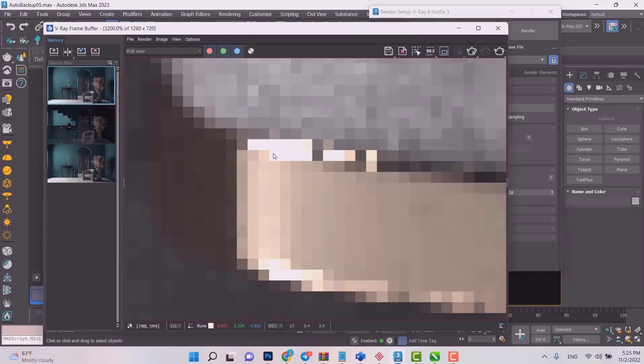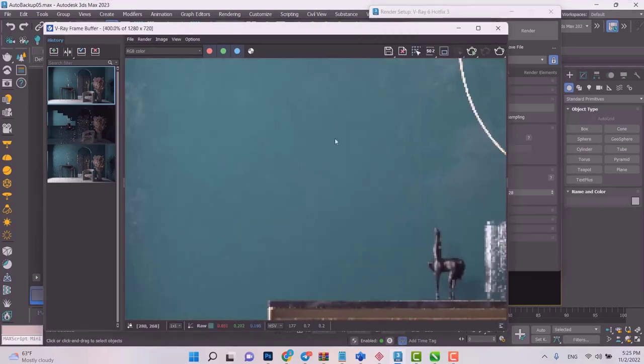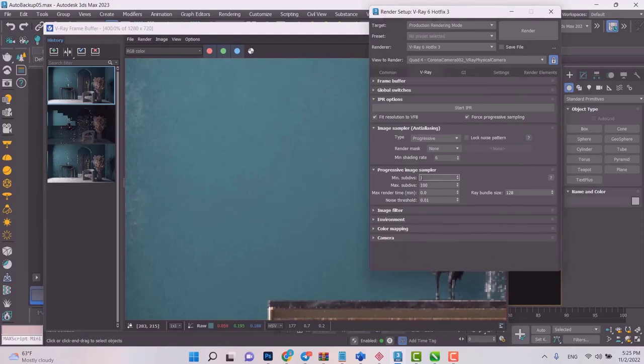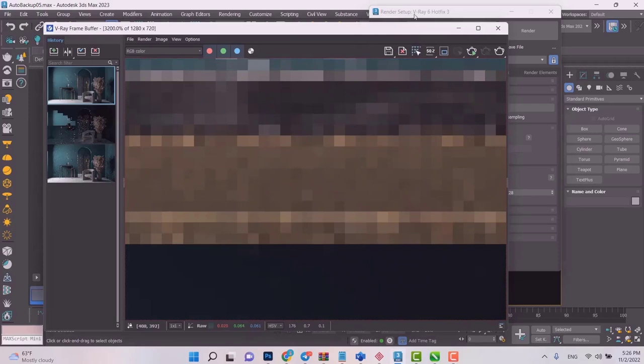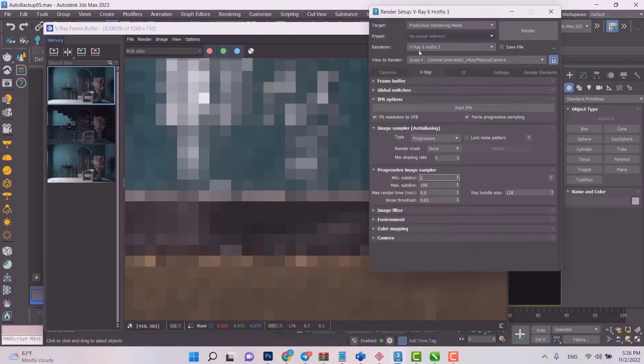So if I put the minimum subdivisions on 1, in areas of my scene like this green wall here that are really simple, one sample will just suffice and one sample will be collected and that will be used to do the calculations. But in other areas like this one, which is more complicated, I will have more than one sample and up to 100 samples taken so that the V-Ray engine has enough data to process and render my image. Now what happens if I put the max subdivisions on 1?